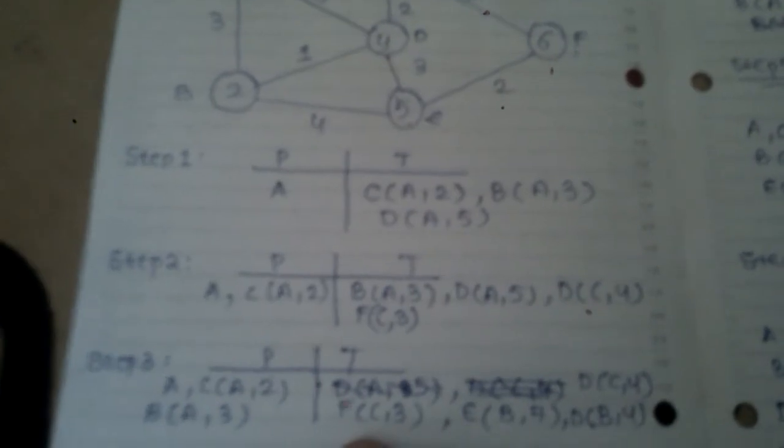Now the next is step 3, with permanent and temporary. First we will select C, A, 2, and the next shortest path is B, A, 3. The previous inputs that are connected in between are D, C, 4 and F, C, 3. Now we have to find from the path B. From B, the neighbors are D, E and C, but C has already been opened. So we will take only D and E.